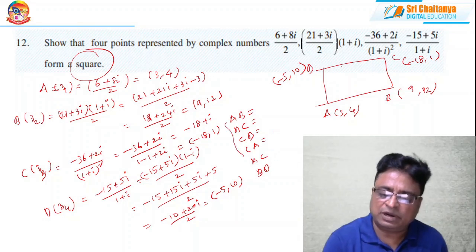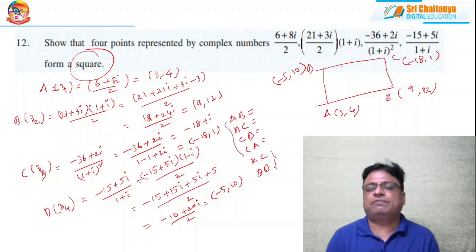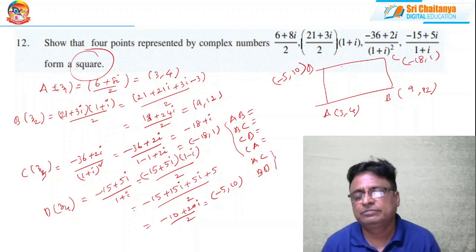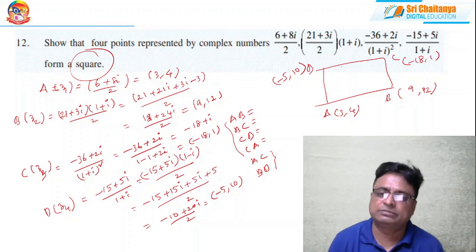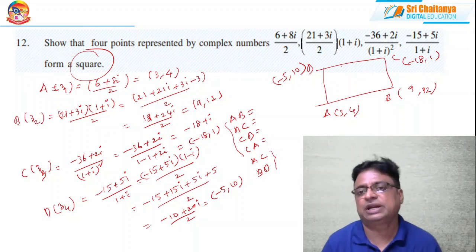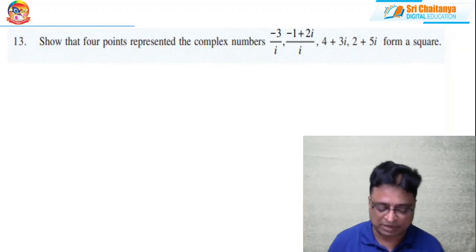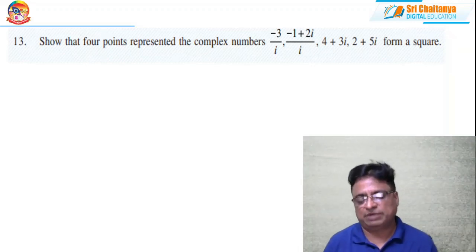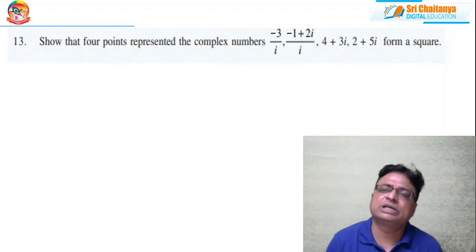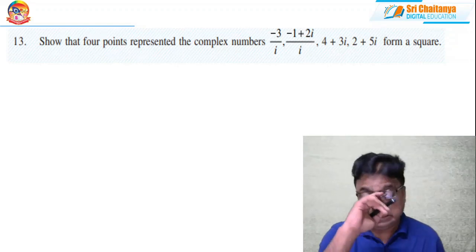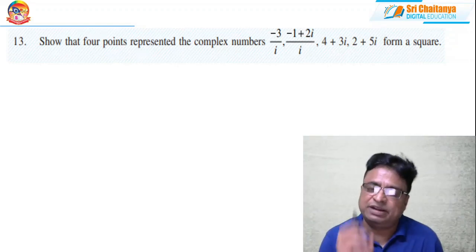If all sides are equal and these two are equal, automatically the figure is nothing but the square. So it is an elementary work. You please go ahead. You can get the answer very easily. And in a similar way, you can solve this problem, because problem number 12 as well as problem number 13, both are similar. Only thing is, you need to write. Patience is very, very required.